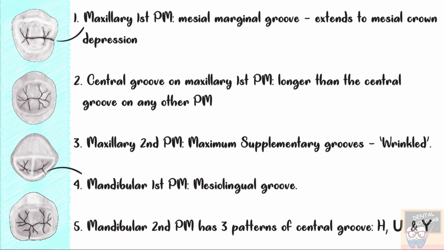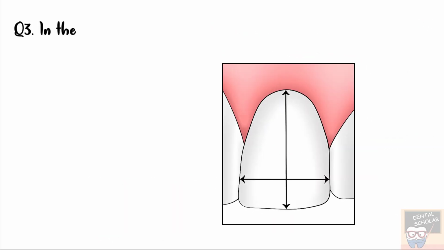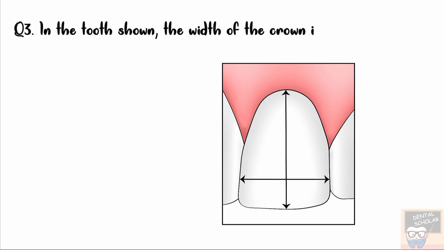If the mandibular second premolar has just 2 cusps, then the central groove would be either H or U-shaped. But if this tooth has 3 cusps, then the central groove will be of Y shape. Let's go to the third question now. In the tooth shown, the width of the crown in comparison to its length is: